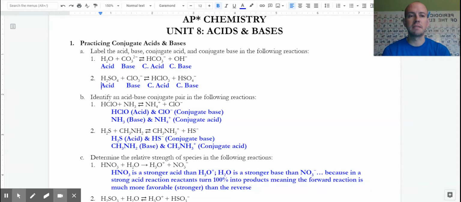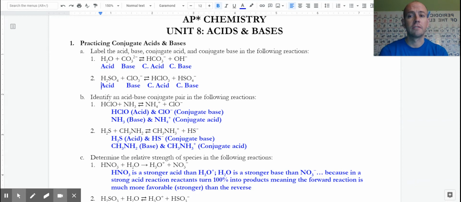In our first set of practice problems here, we're just making sure we understand what acids and bases are and what we can know about strong versus weak. So in our first set of examples, you can see what I've labeled as the acids and the bases and the conjugates. When you are trying to determine what an acid or base is, sometimes the formula by itself is